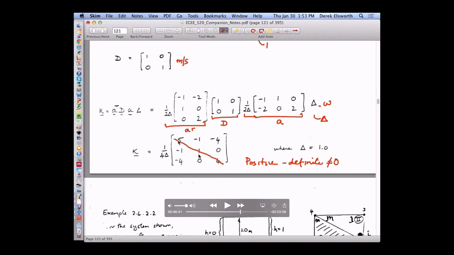And the other interesting component, I'm not sure whether it's pointed out, is that all of the rows sum up to, in this particular case, 0. And they sum up to 0 because if you, for instance, put values of head on a single element of unity on each of the nodes, then by definition the gradient on that element is 0, and therefore the net flux into or out of that element has to be 0 also at all nodes. And the only way that that can happen is if the rows are all summed to 0,